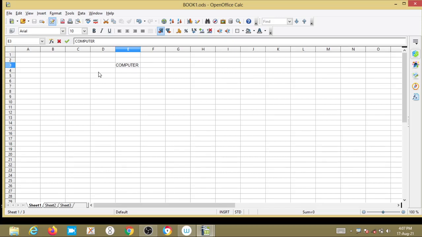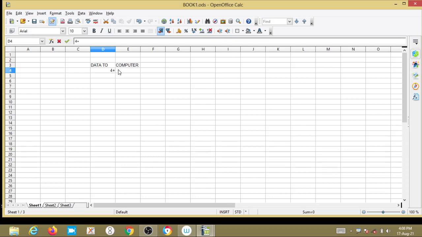Here the user, I am the user, because I am using the computer. I am giving some data or instruction to the computer.